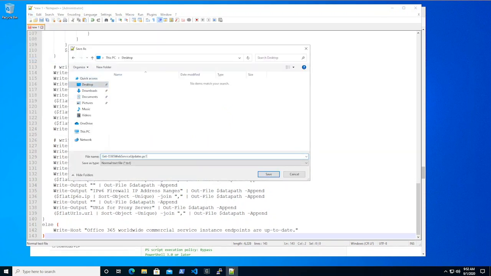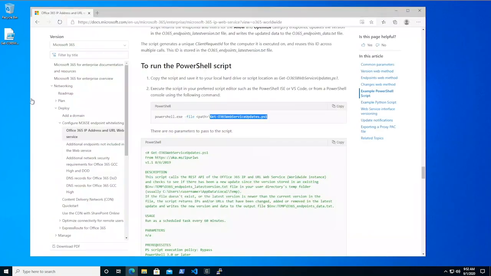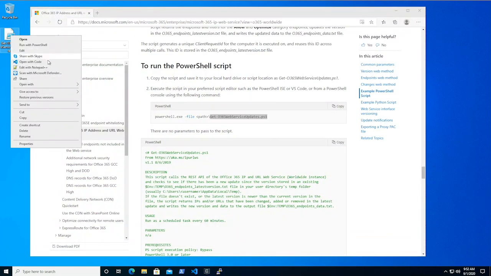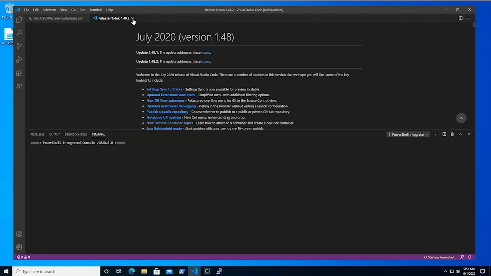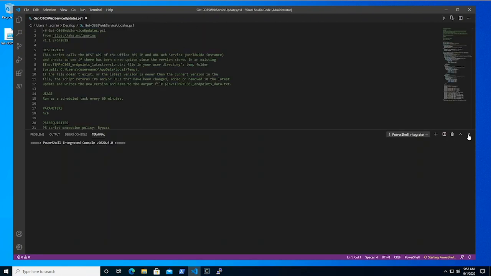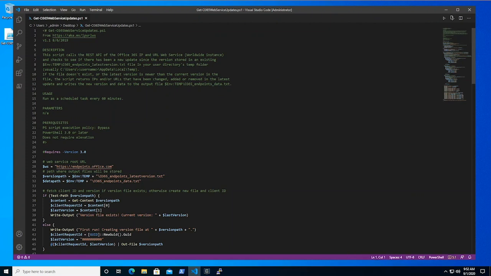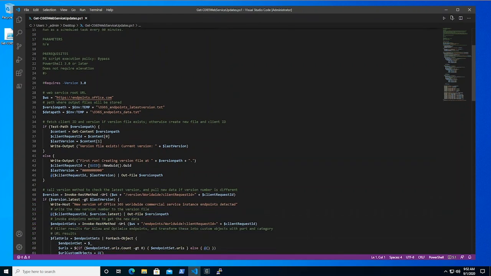All right. I'm actually going to go ahead and open that up in Visual Studio Code, which is my preferred PowerShell editor. All right. Perfect. So this script is very straightforward, nicely documented, and goes through all the different